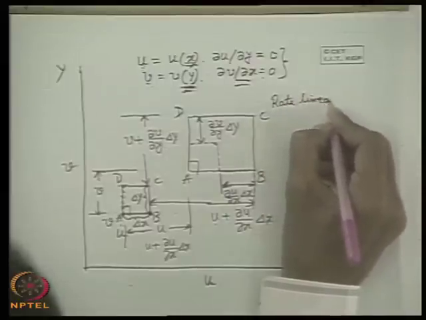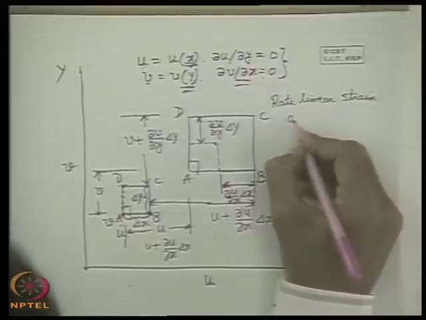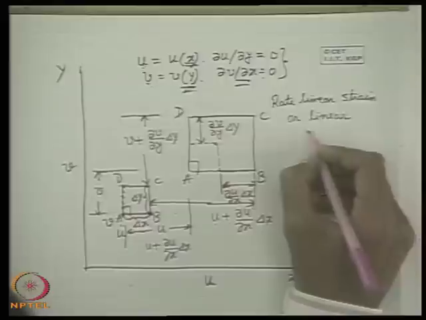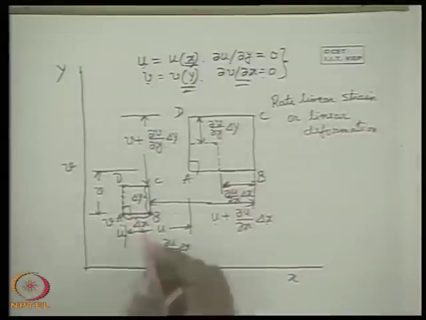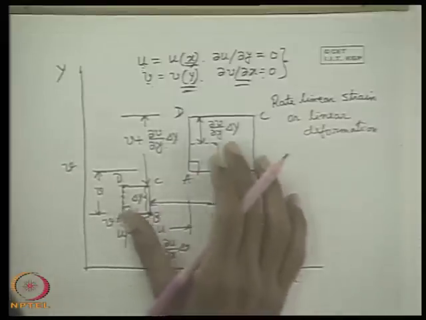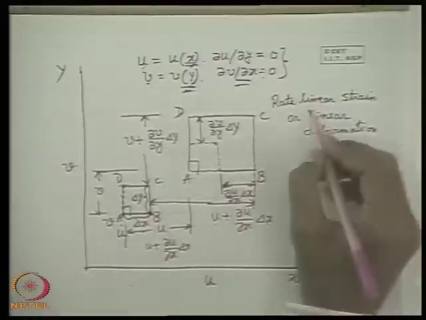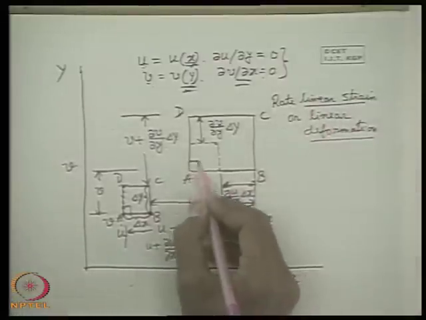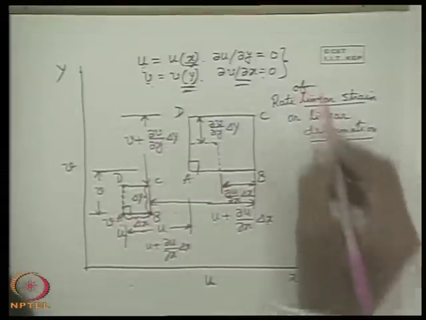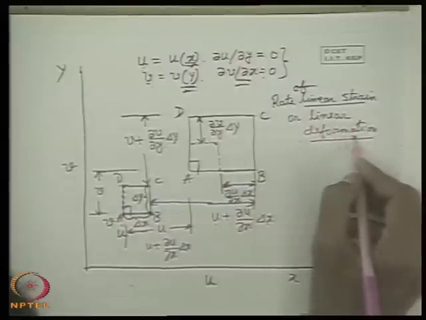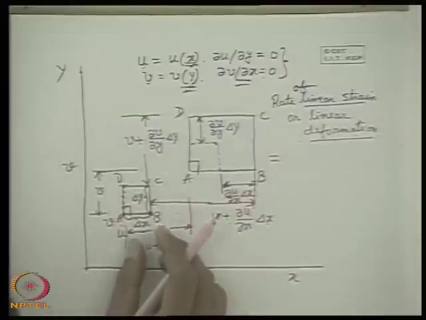linear strain or linear deformation or linear rate of linear deformation. Why? There is a linear deformation in this case. So, we see that in this case there is a linear deformation because these sides are linearly deformed or linearly strained. So, there is a linear strain and linear deformation without any change in the included angle. Shape of the body remains unchanged, and rate of linear strain or linear deformation is defined as the rate of change of the length per unit time.